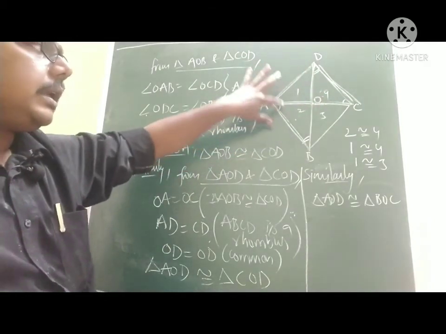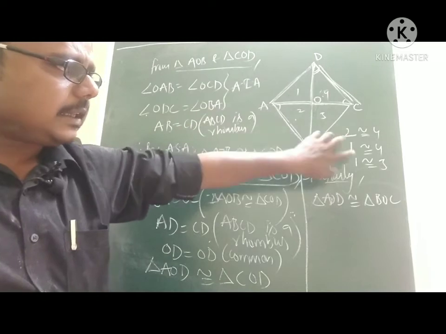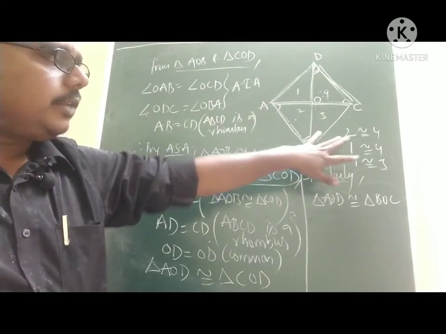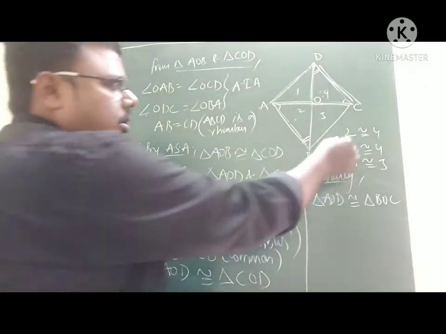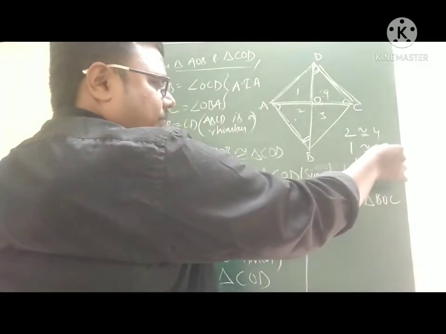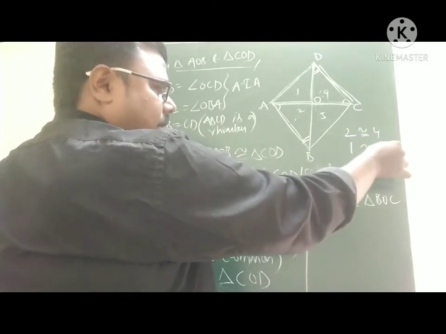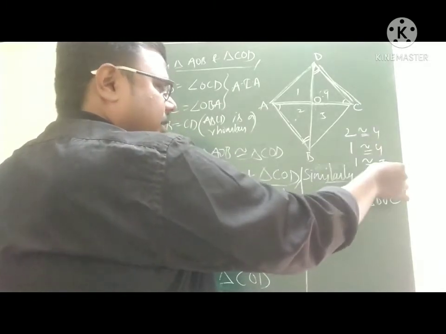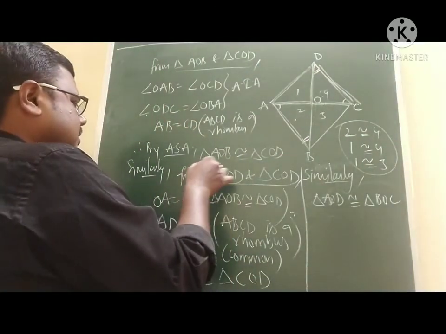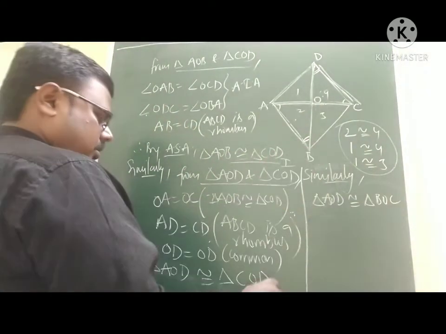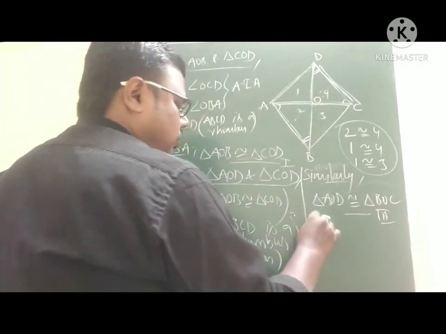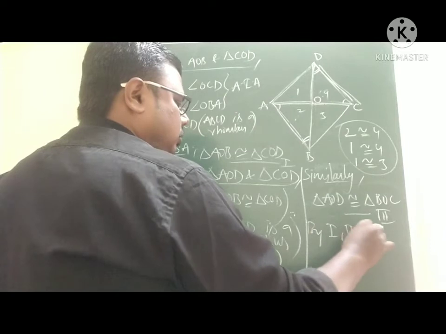So indirectly, if you can just check, that is why I have written this as per our convenience. So here if you observe clearly, 2 is congruent to 4, 1 is congruent to 4. So indirectly 1, 2, 4 are congruent, and this 1 is congruent to 3. So by all these 3, or else you can consider something like 1 here, 2 here, 3. So by 1, 2 and 3,